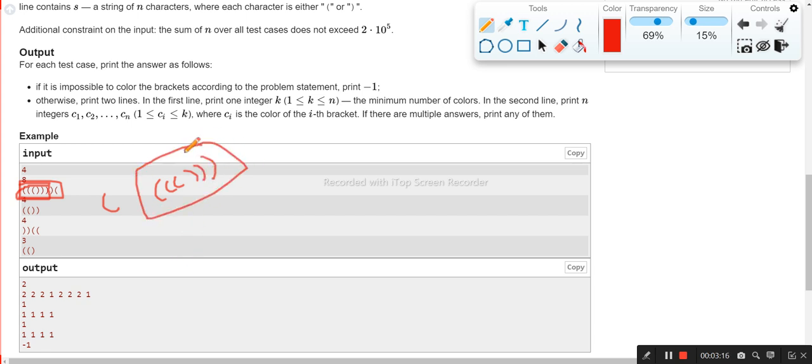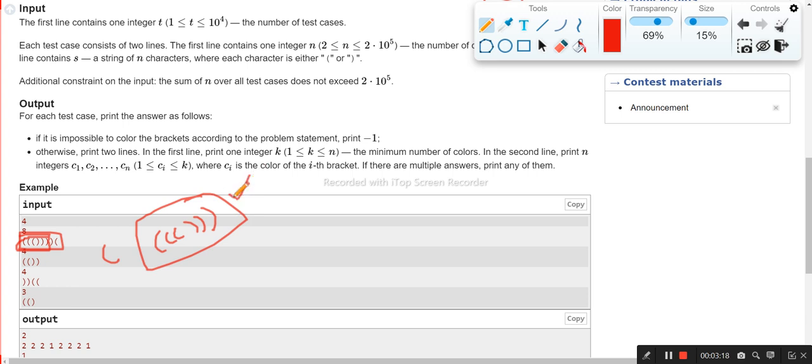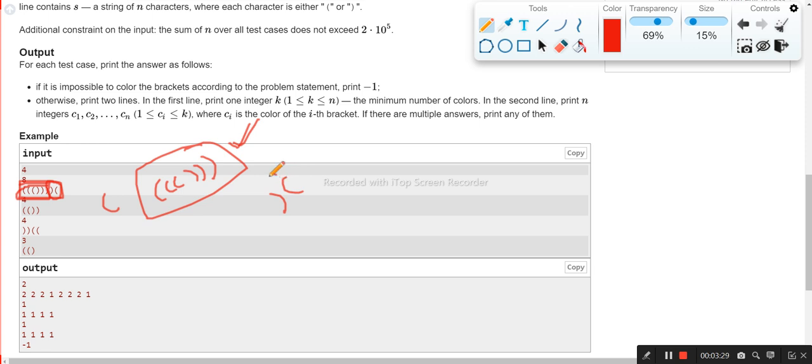This is already a beautiful bracket sequence because it is regular. If you take this, it will also be a regular bracket sequence if you just reverse it. So it is also beautiful. So you have to color all the brackets such that for each color the brackets form a regular bracket sequence,